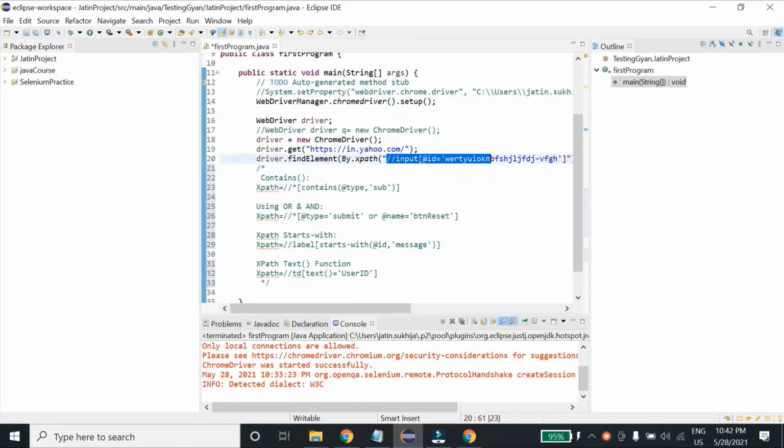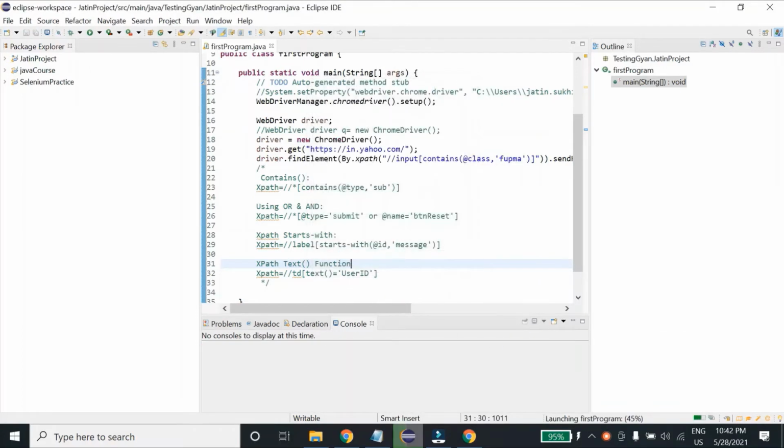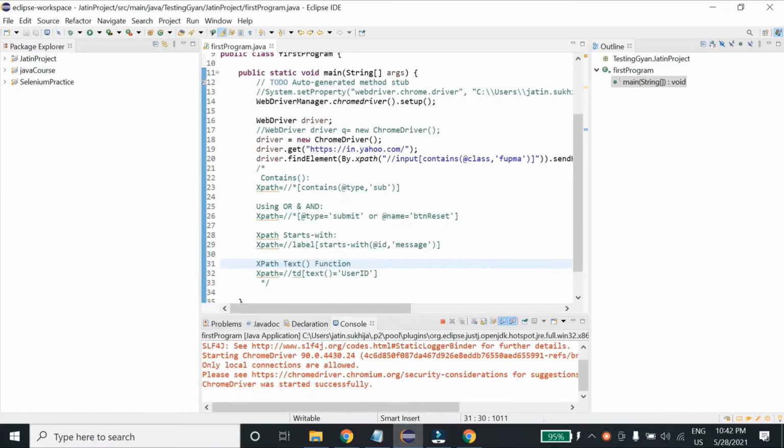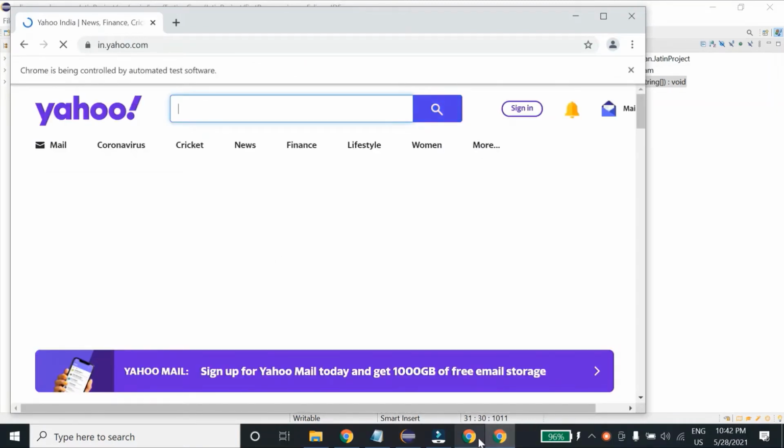So now in this case I'll use the locator which I have just written. Let me run this. Okay, I haven't closed the previous browser. So it will load and it will write hello over here.